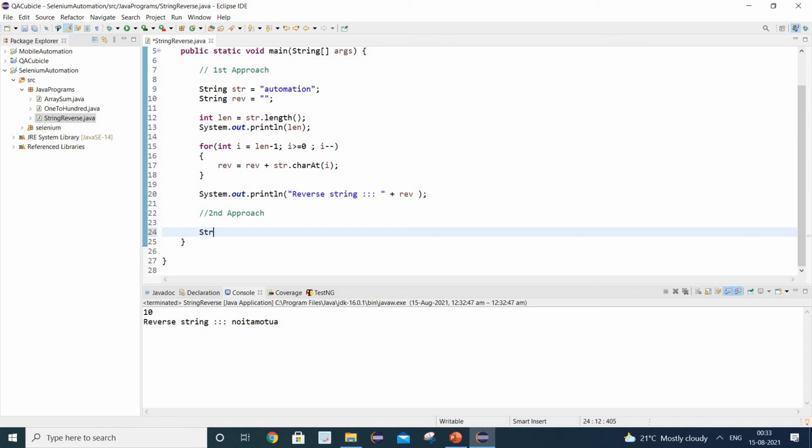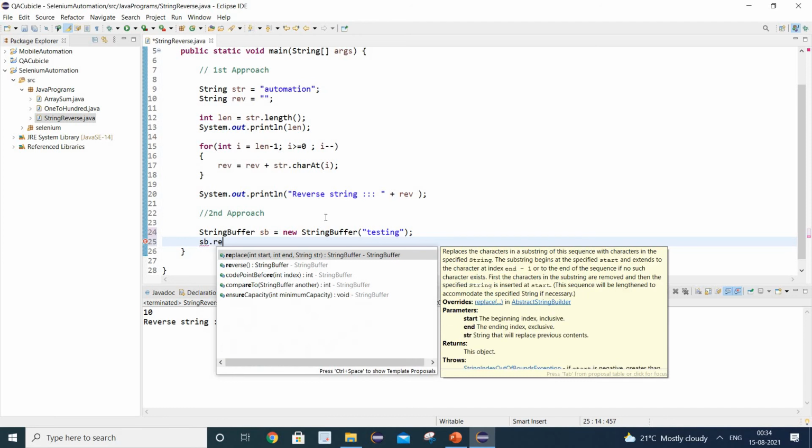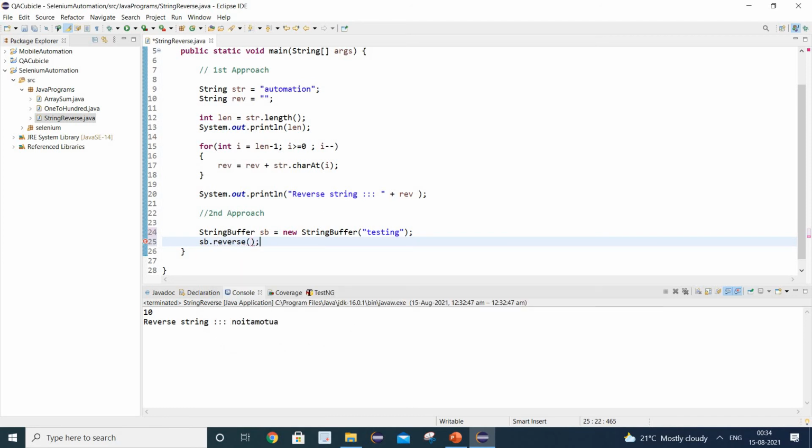Okay, so I will write StringBuffer sb equals to new StringBuffer, and pass the string which you want to reverse. So say I write "testing". Okay, and now with the help of the sb object, there is a method called reverse, so we can simply use it and let's print it out.